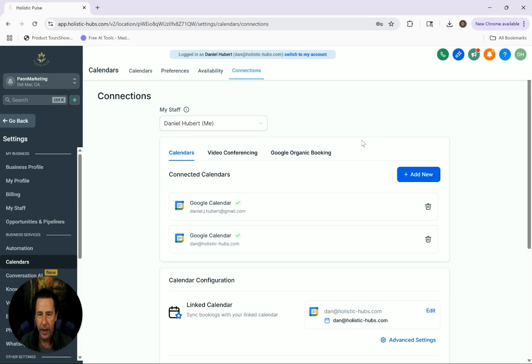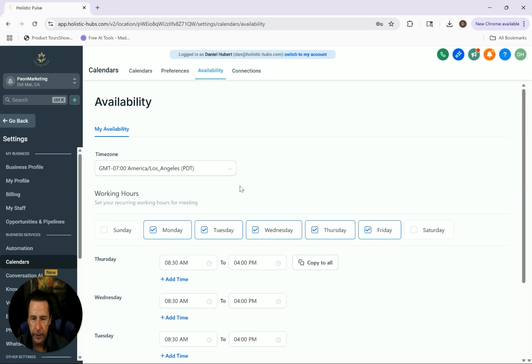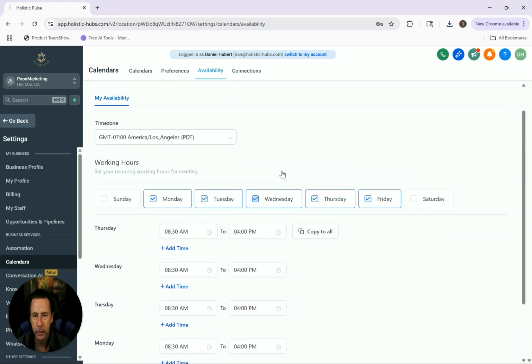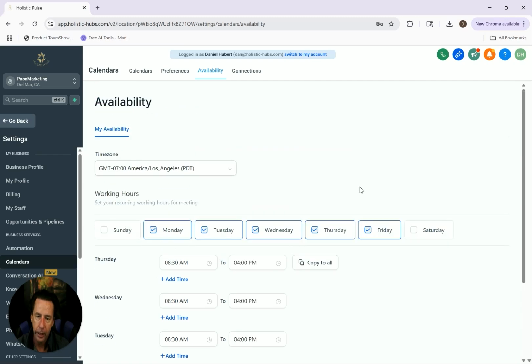Now that we have that done, we want to check our availability. If we have things booked on our calendars and we set our office hours, but then we plan something outside of those office hours, we're going to want to make sure that this is set up correctly. Make sure that's all good to go. Because if you don't see anything at the very end of this, 9 times out of 10, you either have something booked on your calendar or you have your hours too restrictive. Now that we've synced our personal calendar and made sure everything linked,